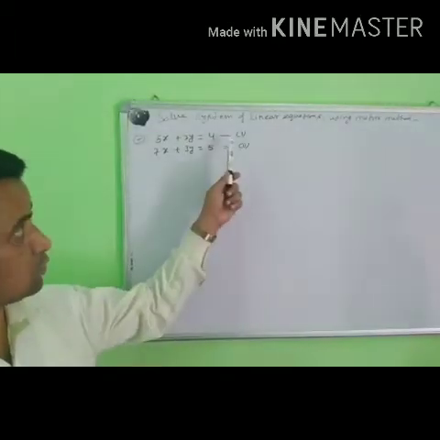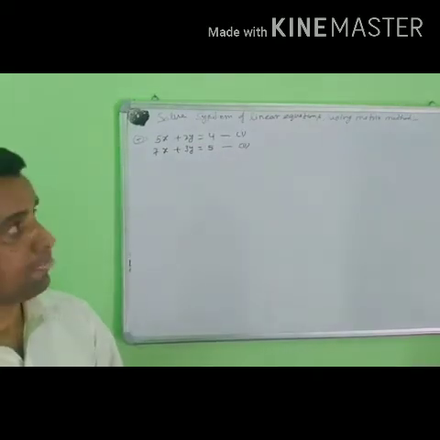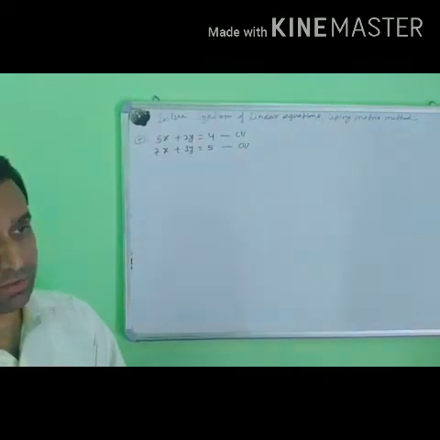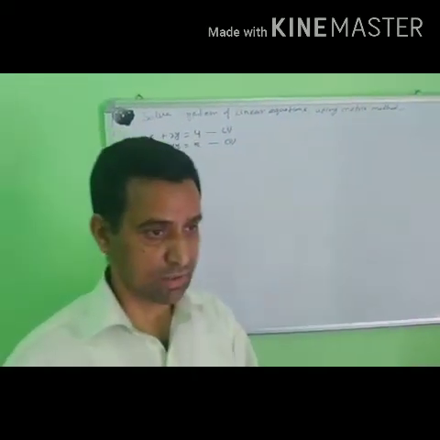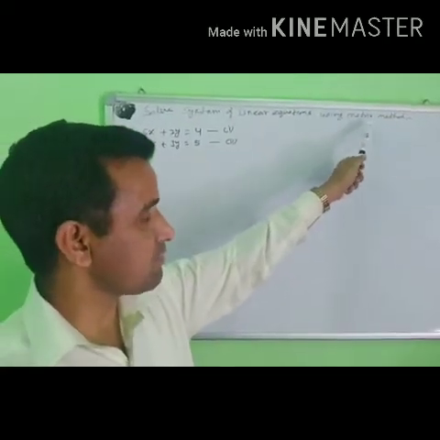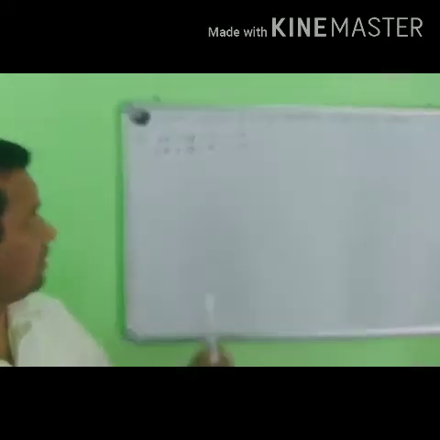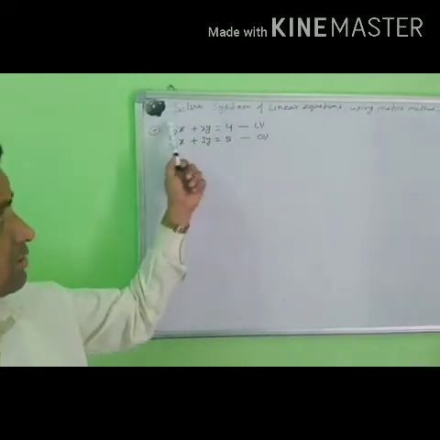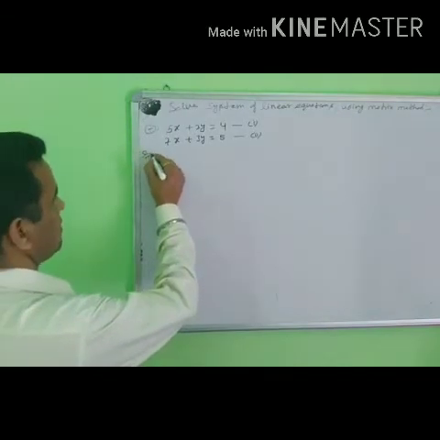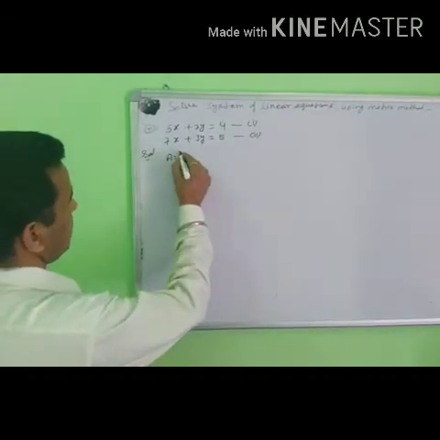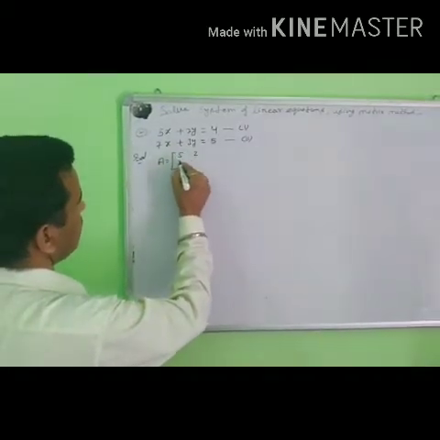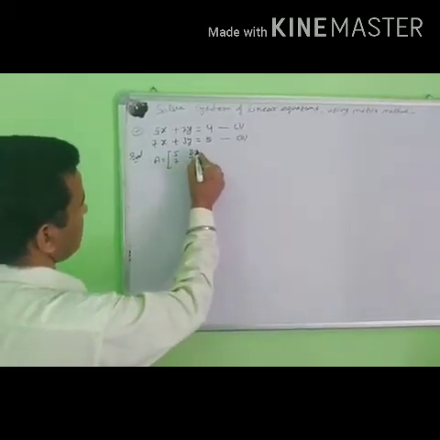If you solve this equation using the algebraic method, the answer will be the same, but you will not be allotted the marks. You will not get the marks. Marks are allotted only if you use the matrix method. First of all, convert this system of equations into matrix form. Now the solution starts here. This is matrix A: 5 2 7 and 3.